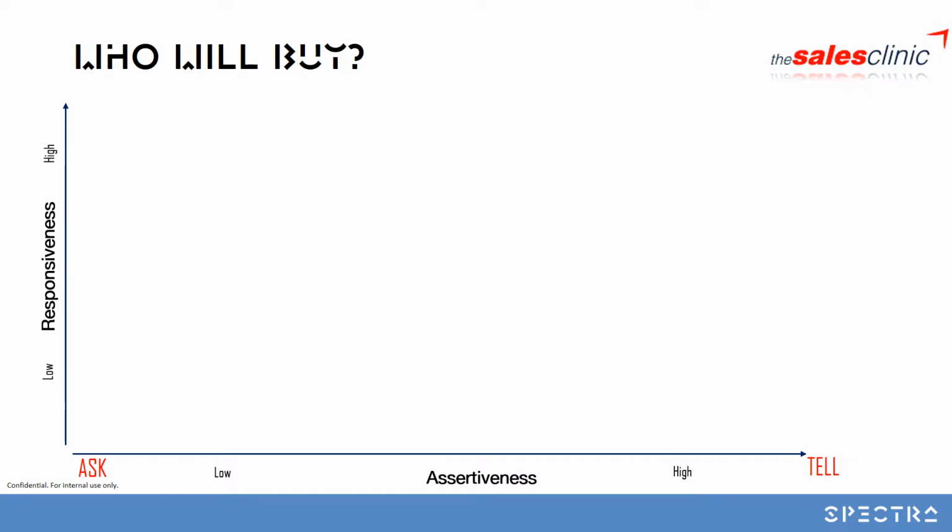You will find them in tell mode. Similarly, when someone controls his or her emotions, they respond faster than the person who shows emotions in conversation. Based on the degree to which people respond to you, responsiveness, and the degree to which they communicate with you, assertiveness, we can divide buyers into four categories: